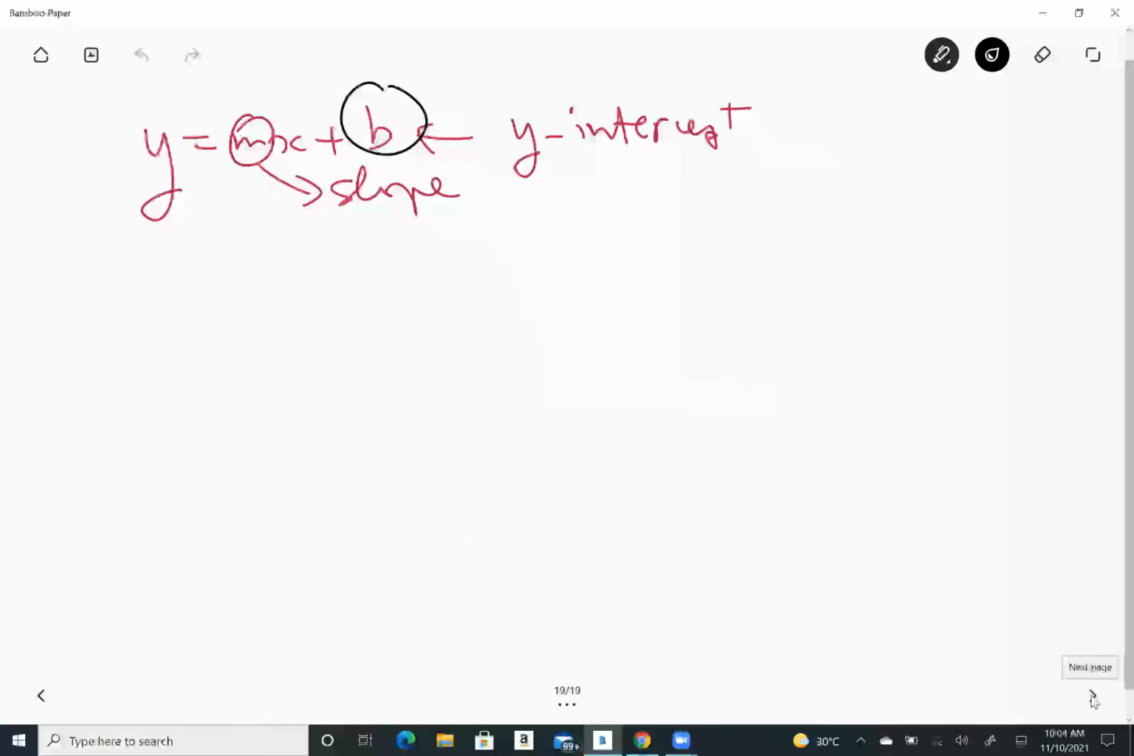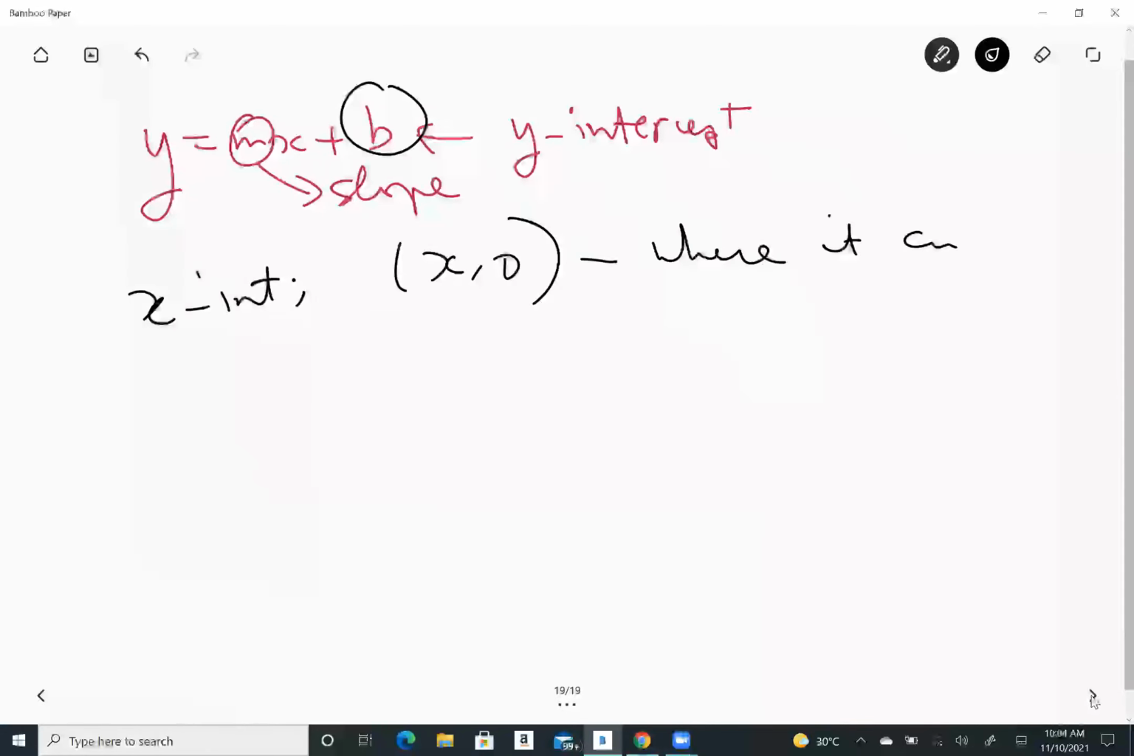The other one, the x-intercept, is (x, 0). Okay. So here, where it cuts the